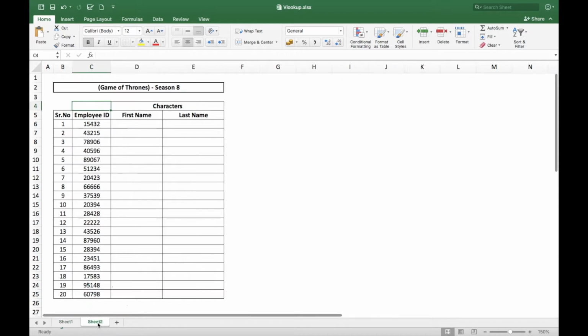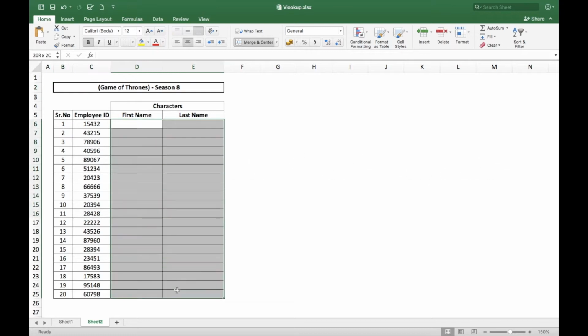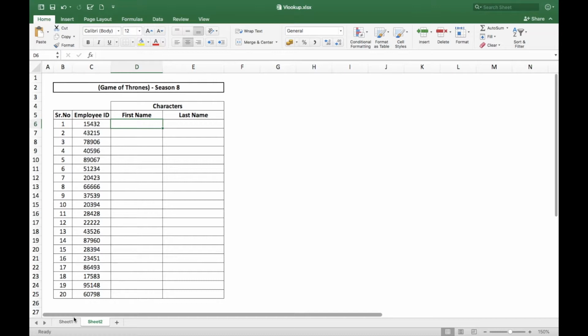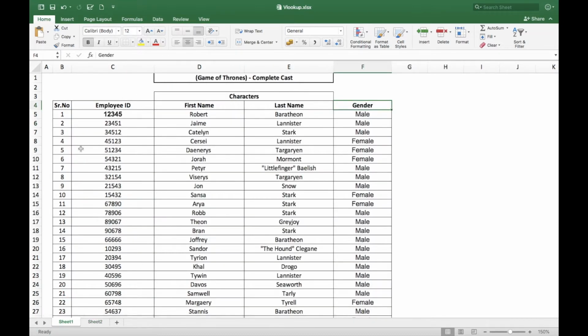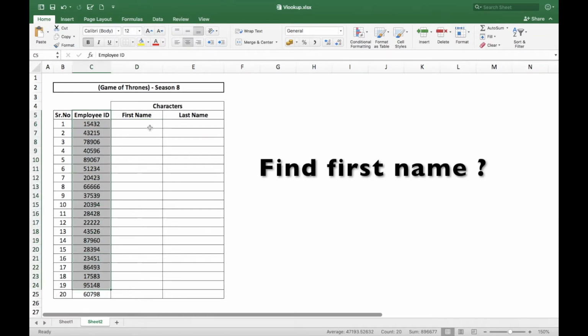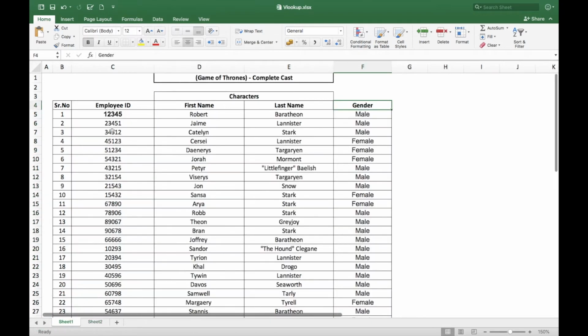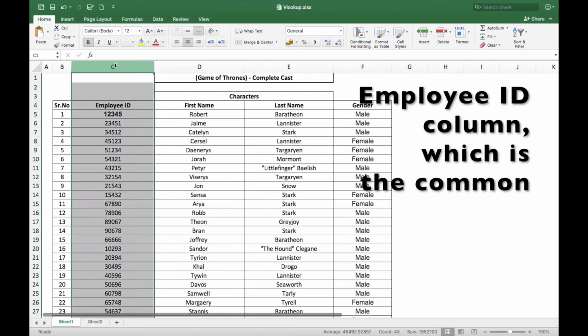On the other hand, worksheet number 2 is the sheet that needs to be updated with the relevant information. This means it has to be extracted from master worksheet number 1. So in worksheet number 2, we have this set of information and we have to find the first name. So the condition in this sheet is that the first column we select in the table array should be